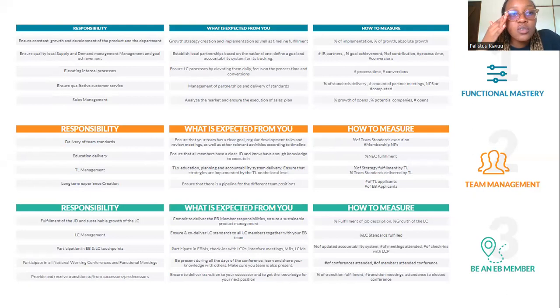So the first responsibility is to ensure growth and development of the product and the department. This is in terms of getting more projects started, of course, that are SDG aligned. The goal is not to just start projects that are not at all SDG aligned. And then when we get EPs to come here, there's no concrete structure, and we have poor reviews. Hence, people don't apply for the projects for your particular LC at all. That's not what you want.